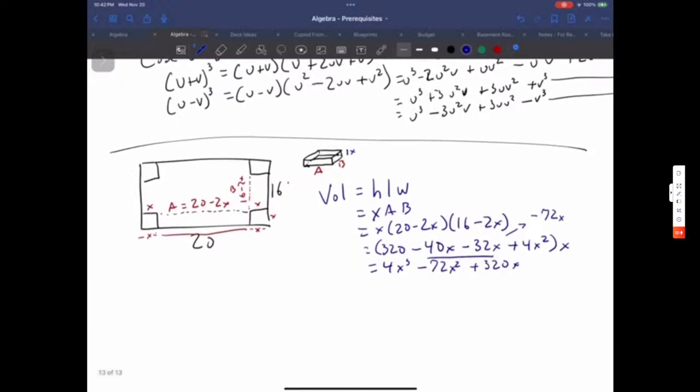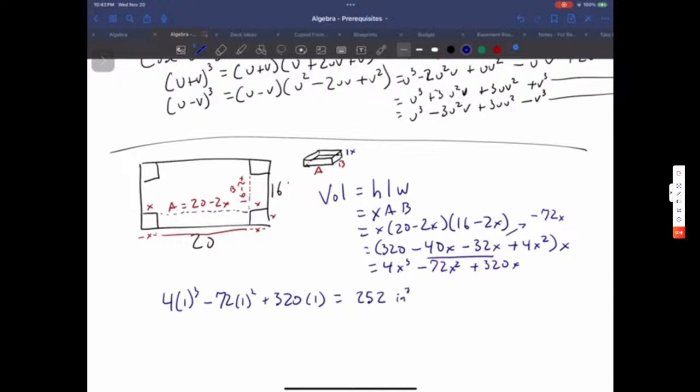So if x was, say, 1 inch, if you were only going to cut little 1-inch squares off of the side, you could plug x in. That's where the plug and chug comes from. 4 times 1 to the 3 minus 72 times 1 squared plus 320 times 1. That's going to be 252